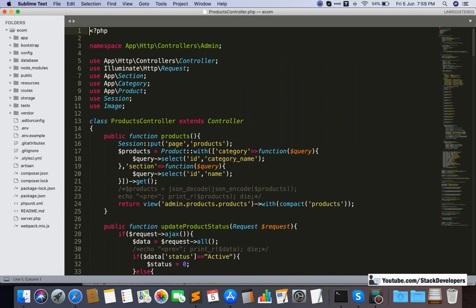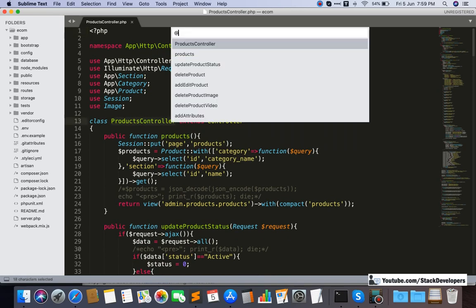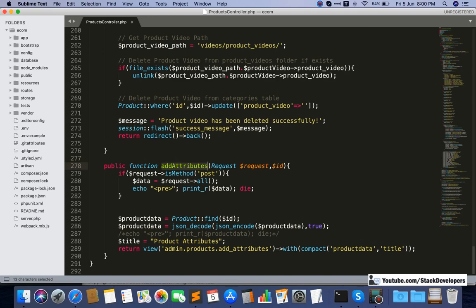In the products controller we have created the add attribute function. I'm going to open this function, and here we are able to debug.